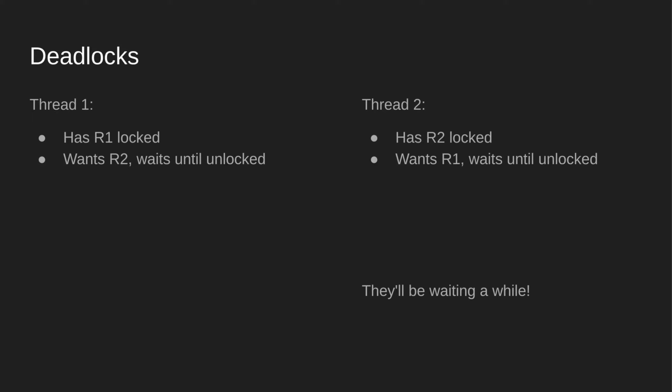Alright, deadlocks. This one is fun. So when you use multiple locks, right now we've only used one lock, but sometimes you'll get a situation where you have 2 locks or 3 locks or maybe even more. And what can happen is if there are 2 threads that kind of lock the same kind of resource and they kind of depend on the resource being unlocked, if you're not careful about the order in which you lock your locks, then you can get a deadlock.